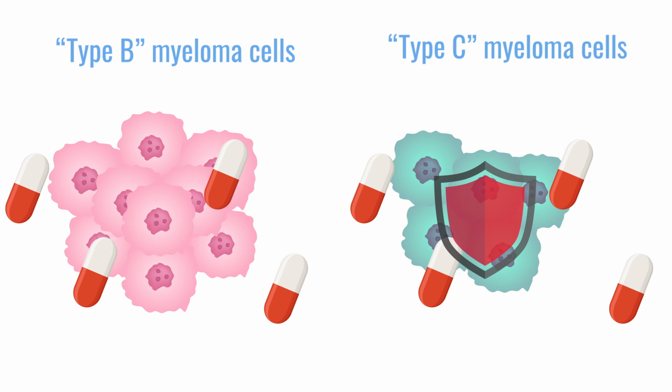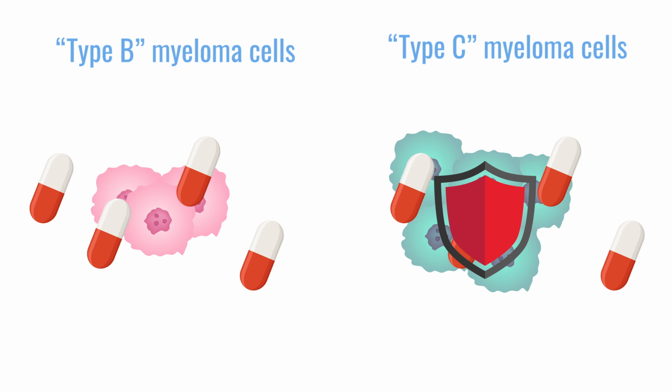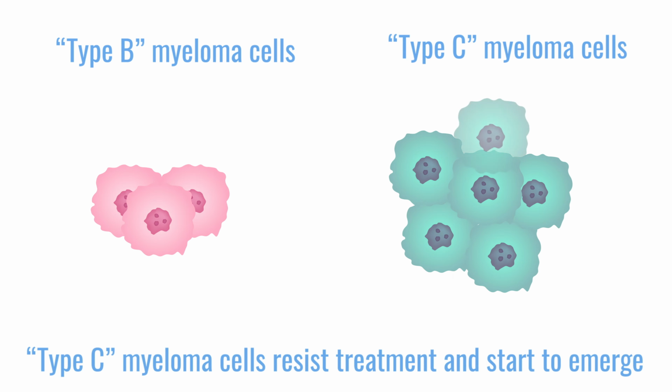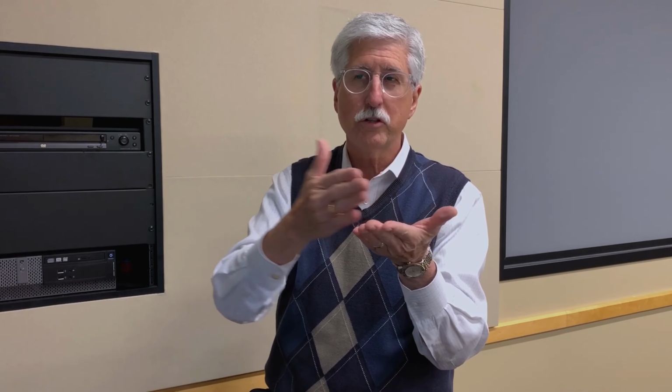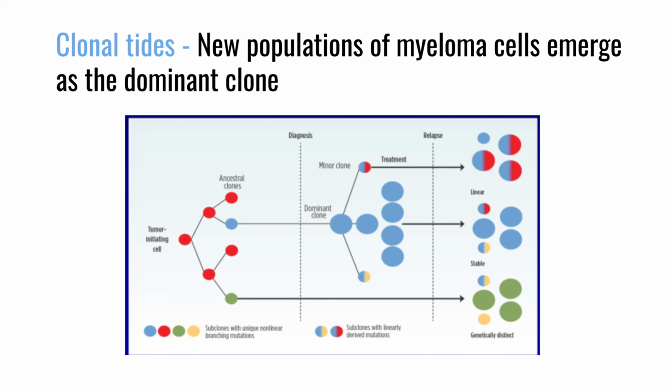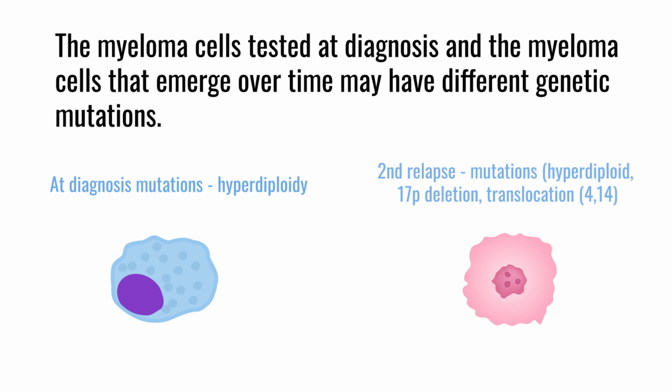They treat you with maybe a new therapy, kills off 90% of the cells, but then there may be another subpopulation that now starts emerging that represents that resistant population. So over the course of an entire disease time course over years, you may have these clonal tides or clonal evolution where new populations of myeloma cells are emerging because they become resistant to the therapy. So the result of this kind of development of these clonal tides means that the major population, which is often tested, may have a certain set of common genetic mutations or variations, but the clonal population that emerges may have